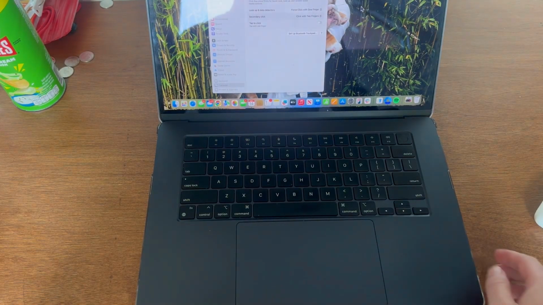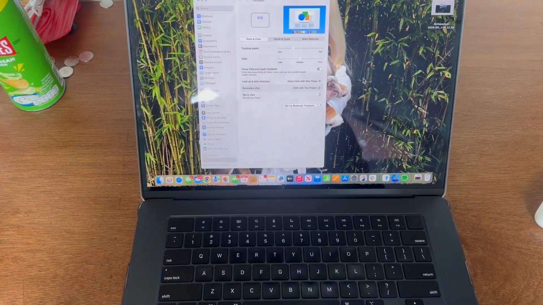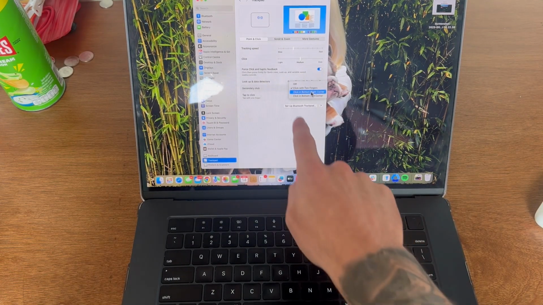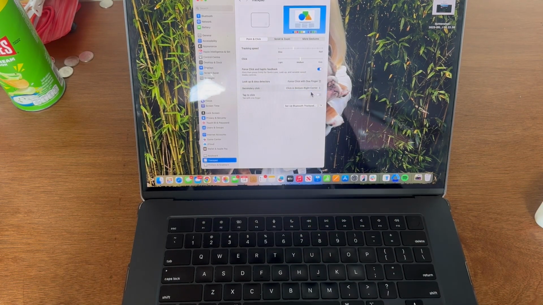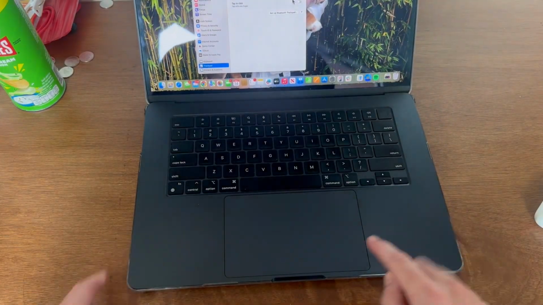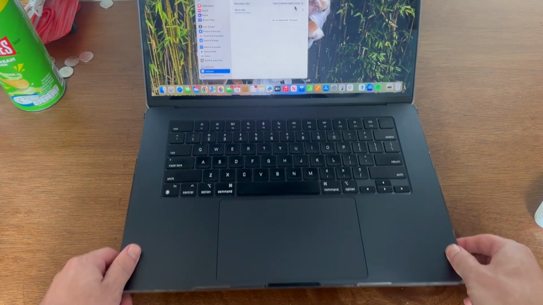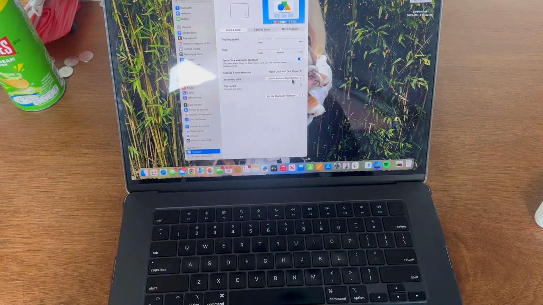Now what you can do is go and change the settings here. So if I click on the drop down arrow next to secondary click, I can change this to click in bottom right corner, for example. And then what I can do is just go and press the bottom right hand side of my trackpad, and that's also going to right click. So just go and set this to however you want to right